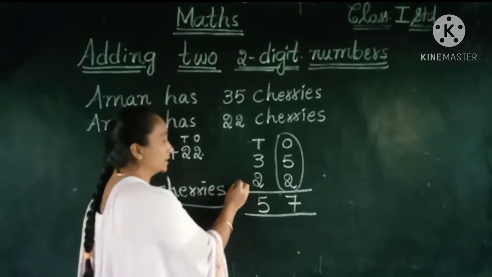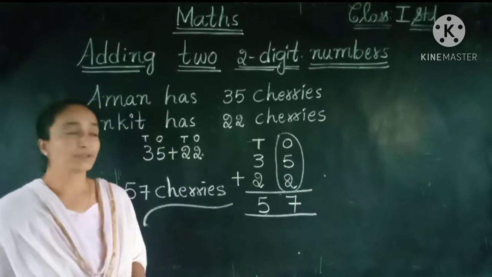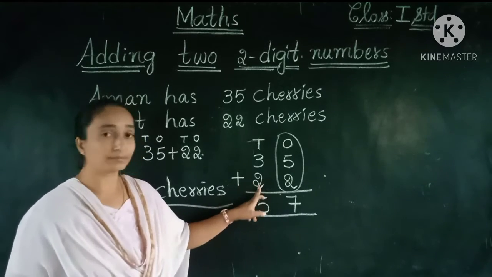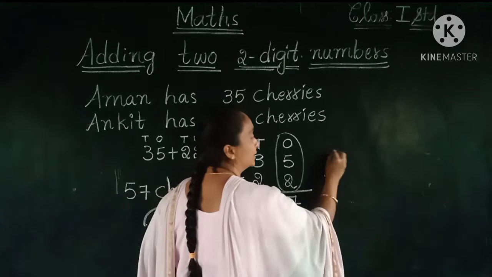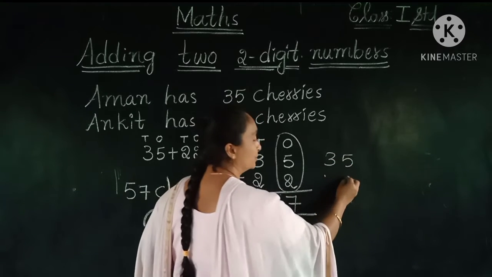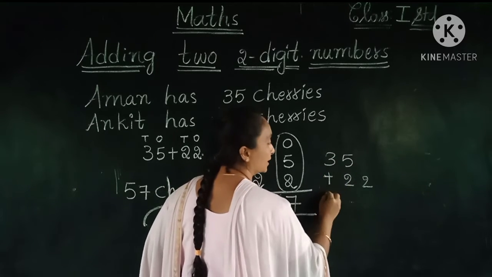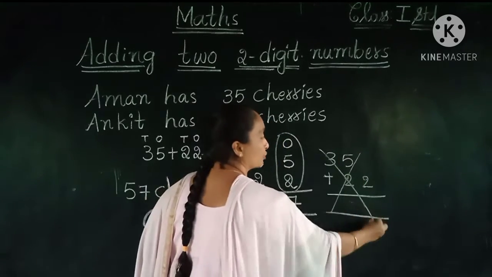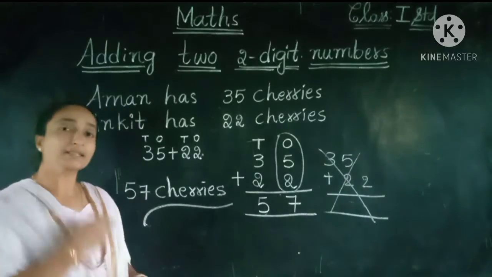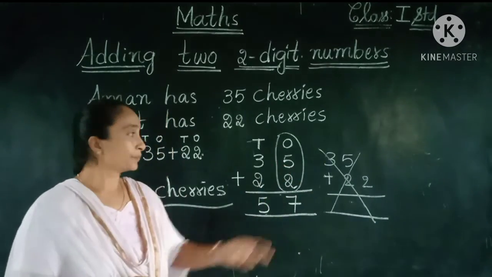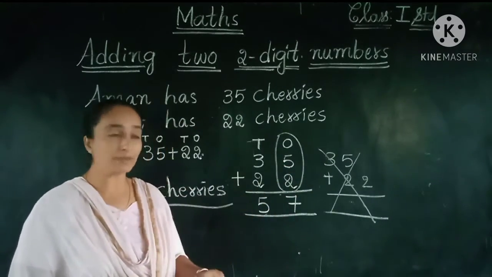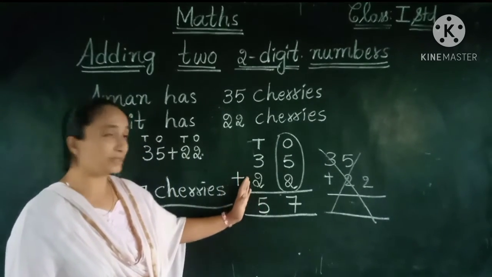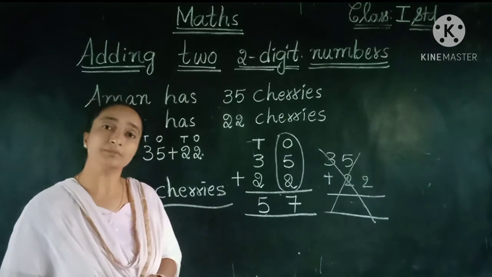So the tens place. So children, here don't forget and keep the symbol only. So here we are doing the addition. Before the tens place we have to keep the symbol, not here. Suppose some of them used to write it here. So this is the 35 and 22, means here we will keep the 22. Here we will keep the symbol like this. Can we do this calculation like this children? No, this is wrong. We should not do that. The tens place should come below the tens place, and the ones place you have to write correctly below the ones place, and the symbol must come before the tens place.